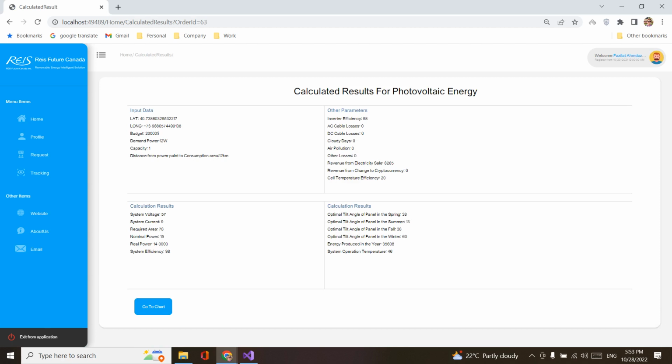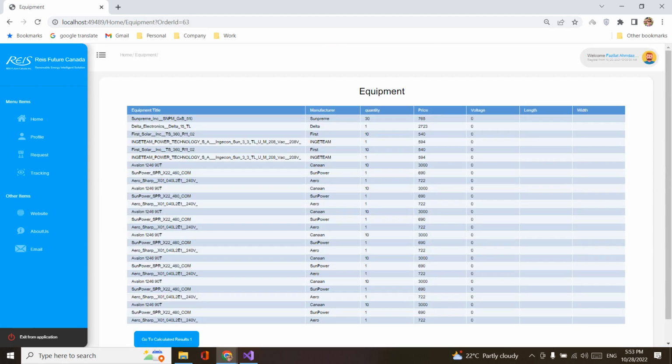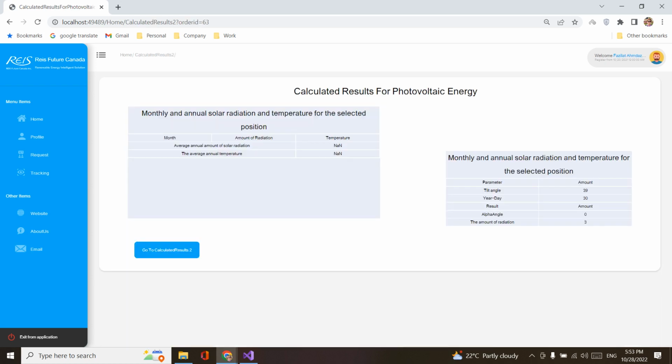I have shown this part on this diagram you have seen before. In this section, you can see all required equipment for installing solar panels, for example. And in the next part, you can see other calculation results for photovoltaic energy, monthly and annual solar radiation and temperature for the selected position.